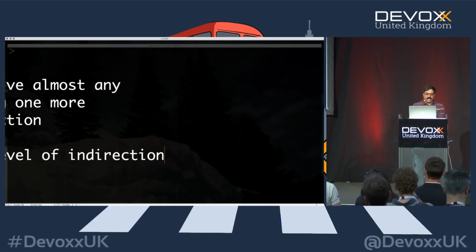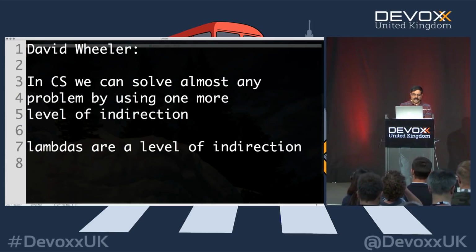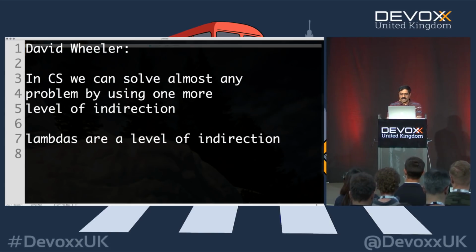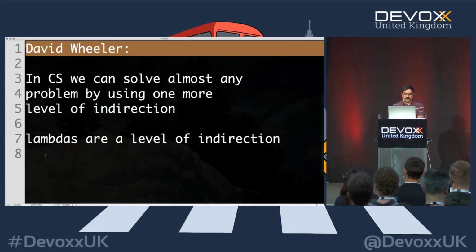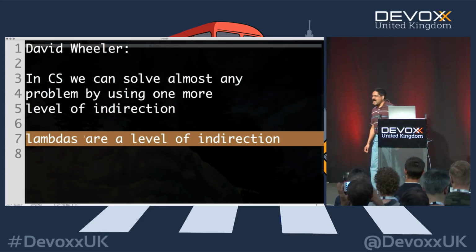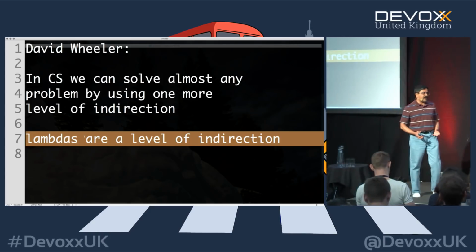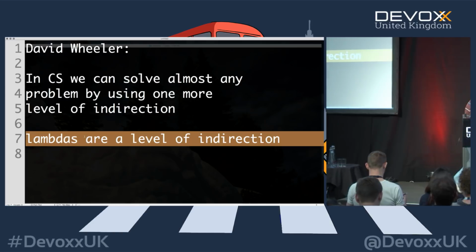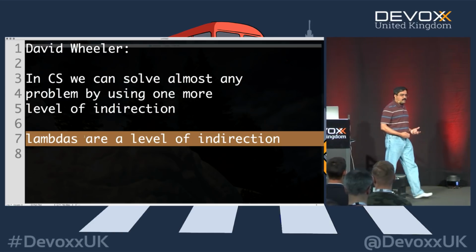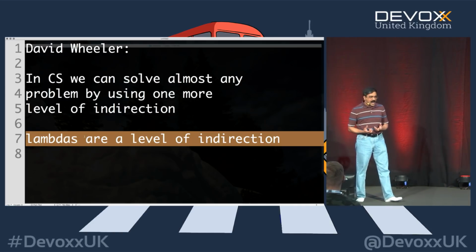And to me, this changed my way of thinking because lambdas are a level of indirection in our programming paradigm. This is an amazing design tool we have on our hands now. So what is a lambda? Well, think of an apple for a minute. Not the computer Apple, but a fruit apple.